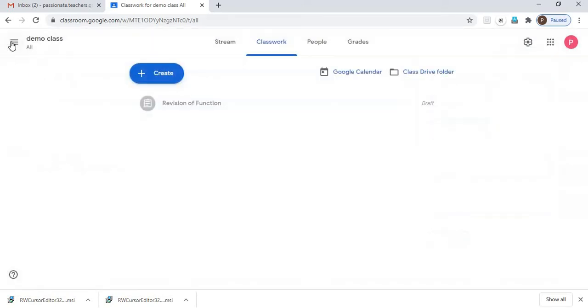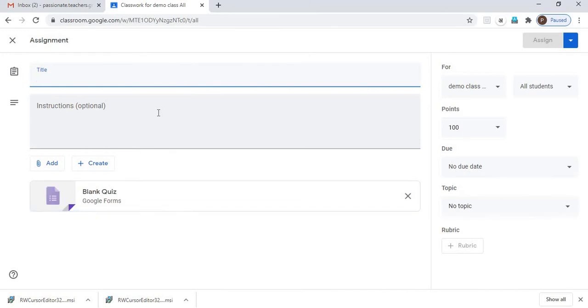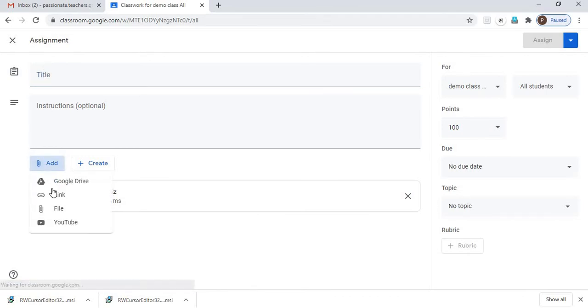Now I am just moving past the assignment part, and I am showing you another type. Quiz assignment is if you want to make a Google quiz, right? For that again there is a complete tutorial coming up, how to create the self-graded Google assignment, and also how to make a subjective type Google assignment, right? So you can create the Google assignment directly from here, or from Google Forms, and then you can share the link here by going to add and putting it in the link. So in both ways I can do that. Now the assignments both come with points.